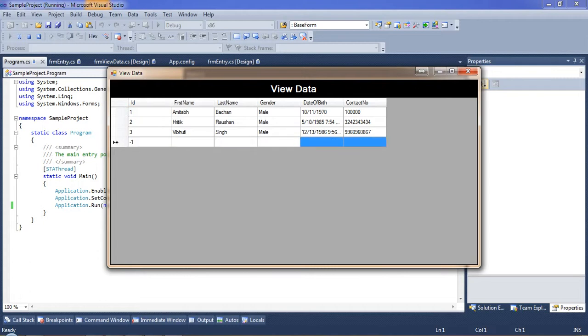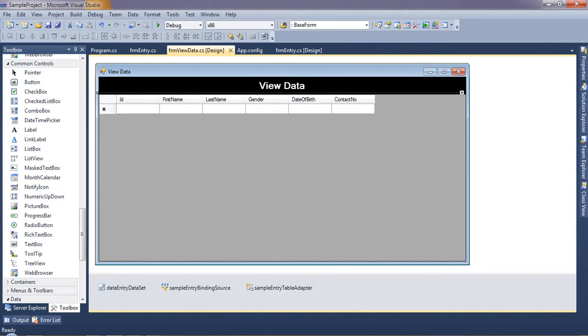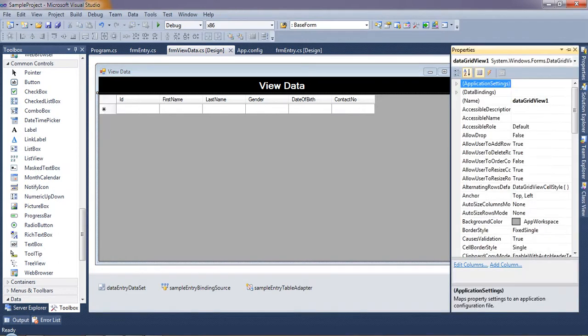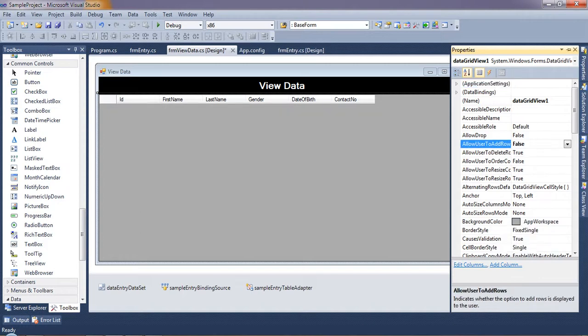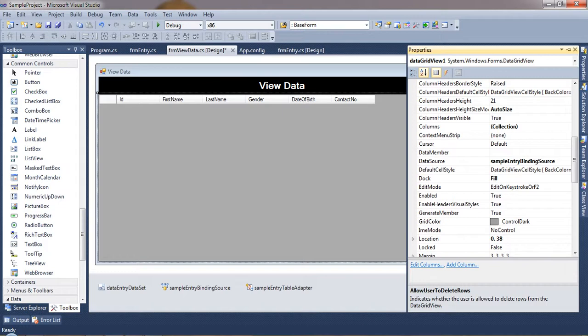Also, one more thing: I want to avoid alteration here. I don't want the user to edit the data here. For that I will change some settings of this grid view. I will select the grid, press F4 or right click properties, then set allow user to add row false, allow user to delete row false, and then there is another property for editing the record.